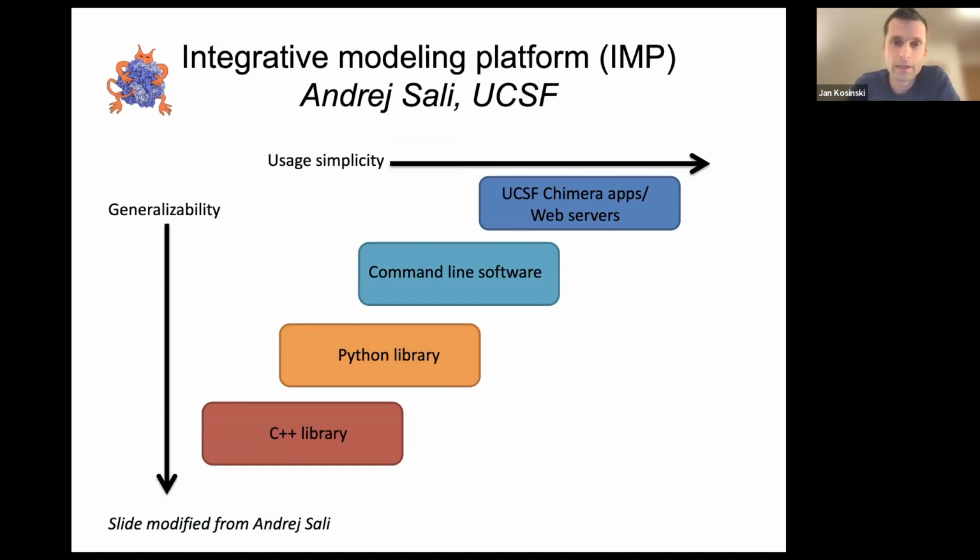And the main engine of assembly is Integrative Modeling Platform, IMP, from Andrej Sali at UCSF, which is one of the main libraries or main software packages for integrative modeling. And it combines different layers. So